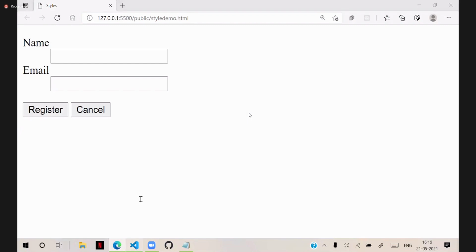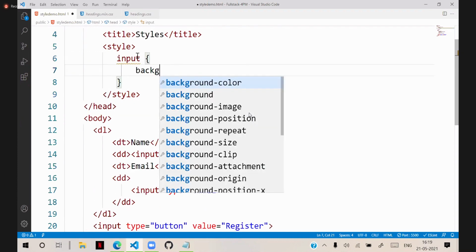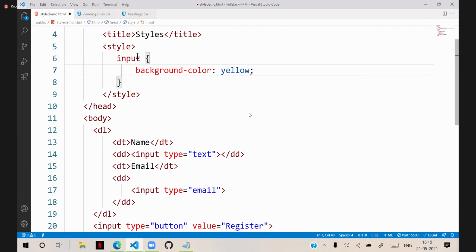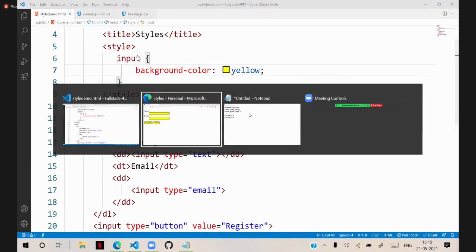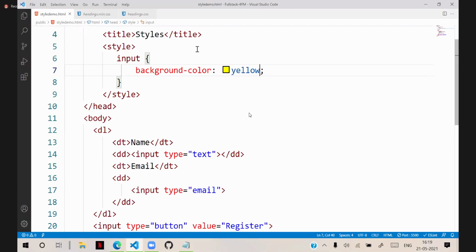Now I want to apply effects for buttons. Suppose I write input and background color as yellow. You can see it is going to apply for all of them. But I want to apply only for the element that has input type as button. Then what you can do here is, for attributes, you have to use a square brace.